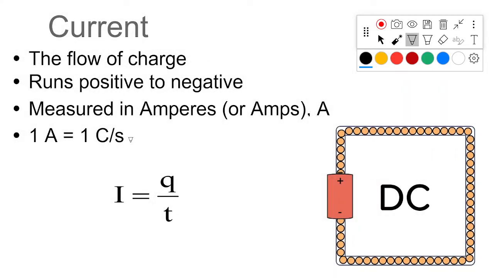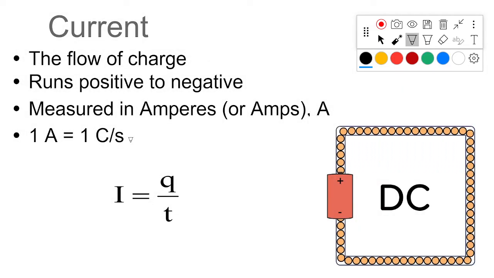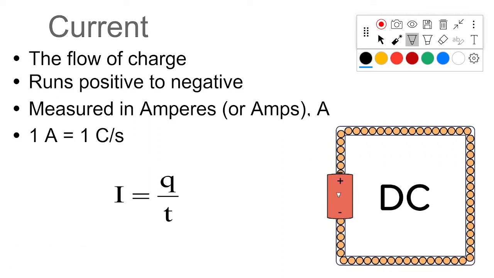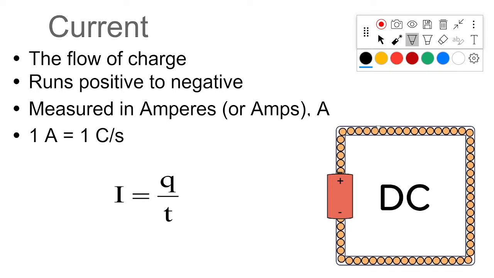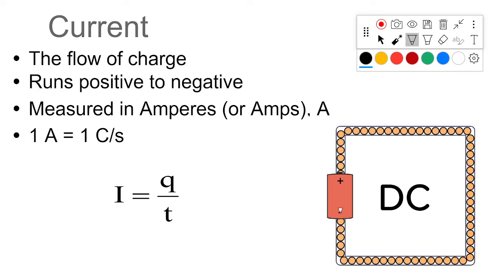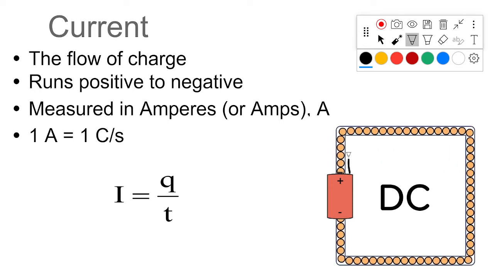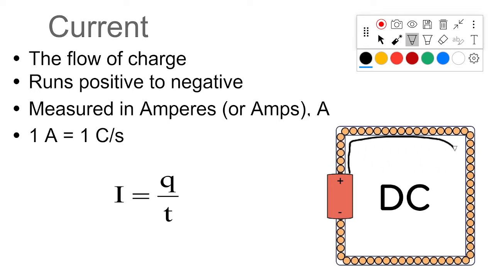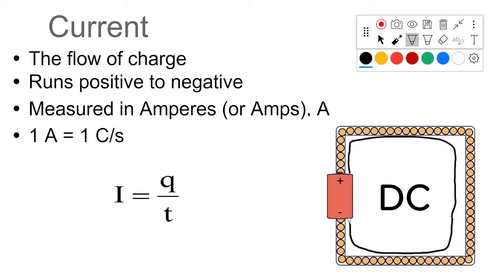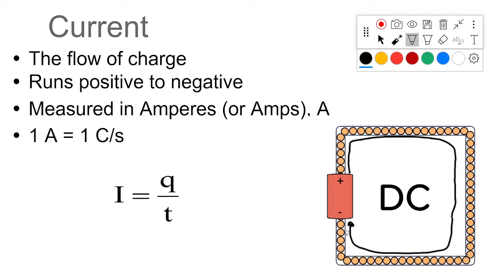I have an idea here called current, and you can see that I've got a battery right here, and that battery is pushing current through this circuit. If I have a circuit, if I have a wire that goes all the way around from positive to negative,